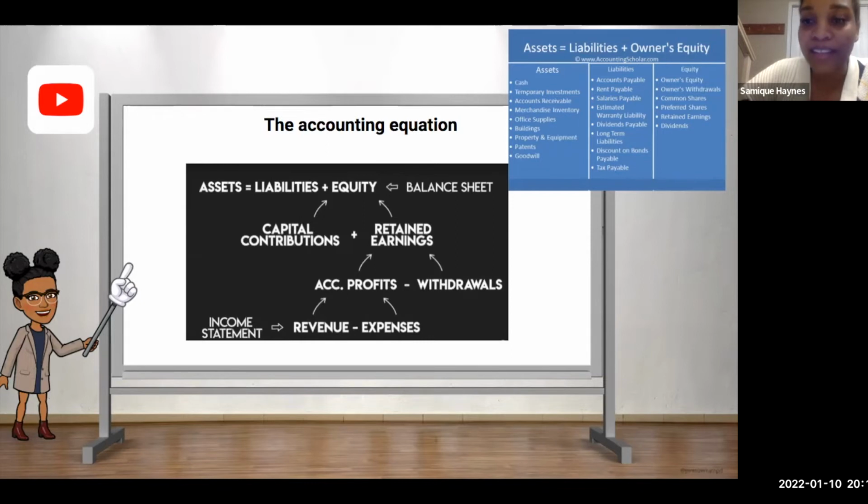All right, now, okay, thank you. Now I'm seeing, okay, people are here. All right. So expenses will make our equity get smaller. It will make it decrease. What will revenues do? The more sales we make, what will that do to equity? Equity will go up, exactly, right? Good. So do you understand this part right here? Yes. That's really good. If you understand this part right here, you're almost there.